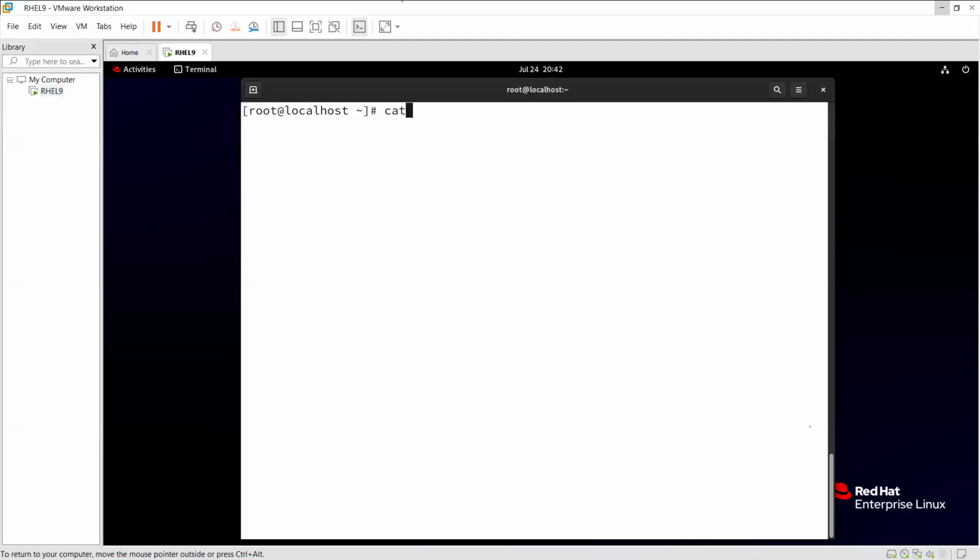Okay, let me create some files. cat greater than, and my file name is DevOps. No need for any extensions. By default, it will create a text file. So now if I press enter,